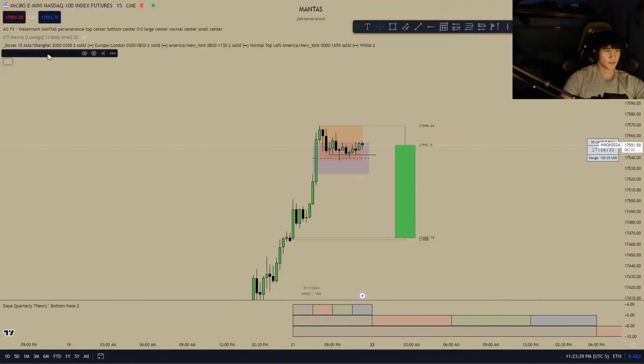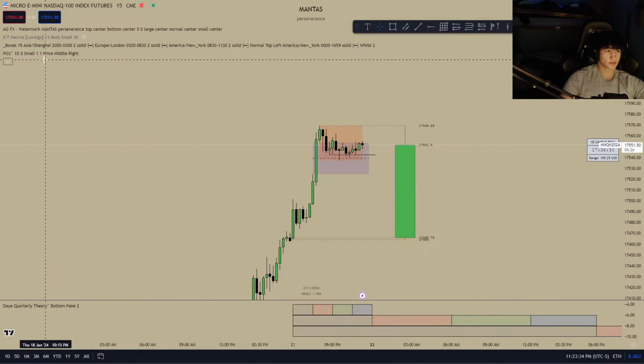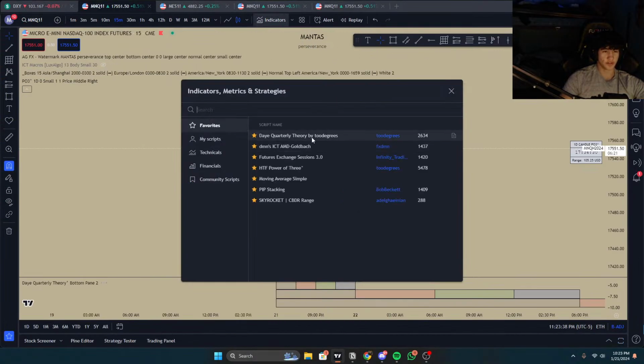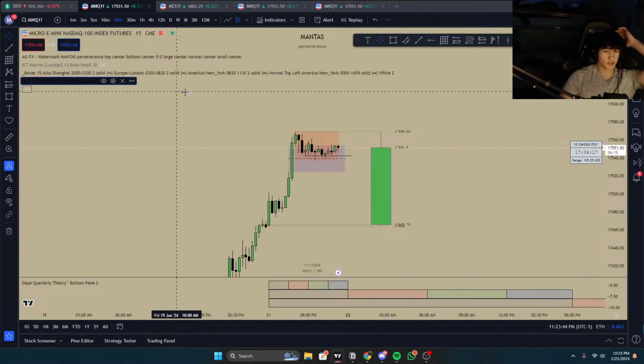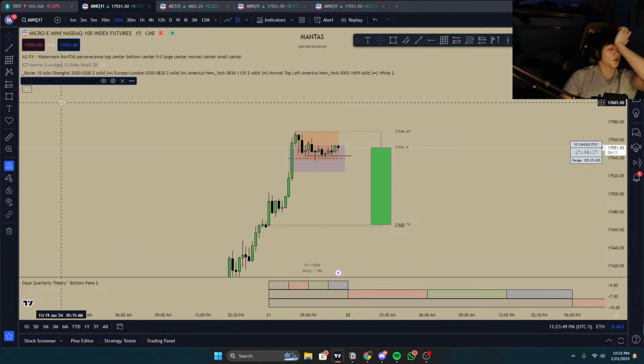Right here. It's Power 3 by... who is this guy? It's this one guy who made the toe degrees. Hold up. Higher time frame Power 3. This one right here. Okay, sweet, appreciate it. I'm just gonna try using it because I want to identify open, high, low, closes and stuff like that. And I'm gonna use Power 3 on the daily a little bit more. Give us a little bit higher win rate.